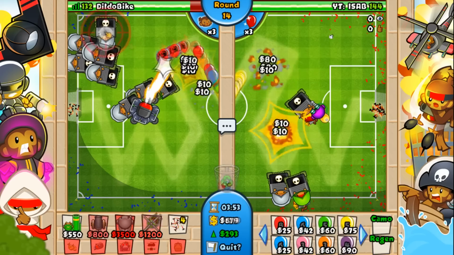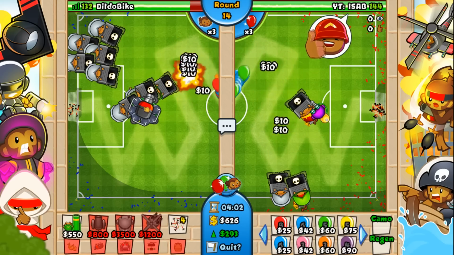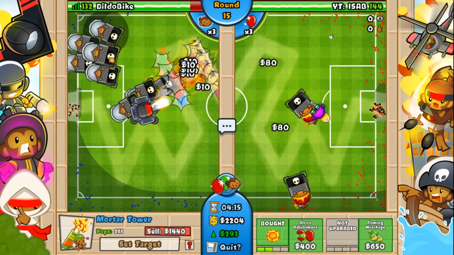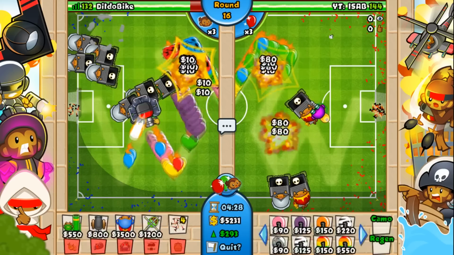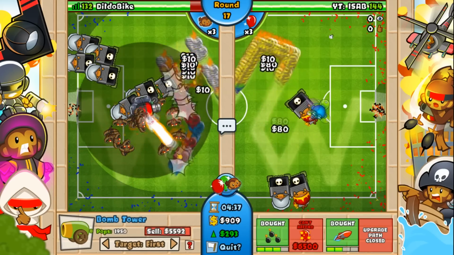So anyways, 0-0 upgrade, fires flame, pretty slow, but let's take a look at the first few tiers. Right now it's a 2-0 actually. So the first tier on the left side just gives a larger range, pretty simple, nothing too drastic there. First tier on the right side gives it napalm, so the burning stuff, which surprisingly is not